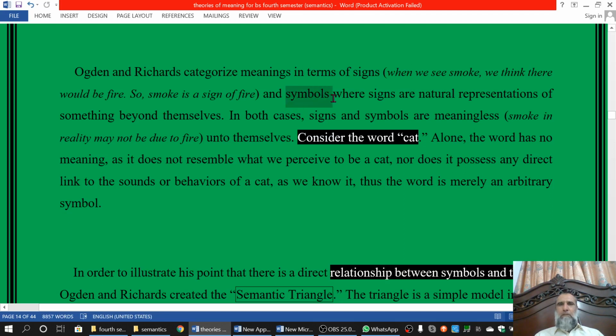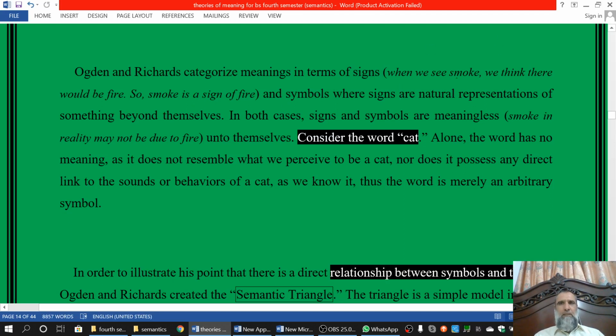We have already talked about symbol, that symbols are arbitrary. The linguistic symbols especially are arbitrary because there is no iconic relationship between the words which are symbols and the things which they represent. Sign has some relationship with the thing, but not the exact or iconic relationship. For example, if we say that